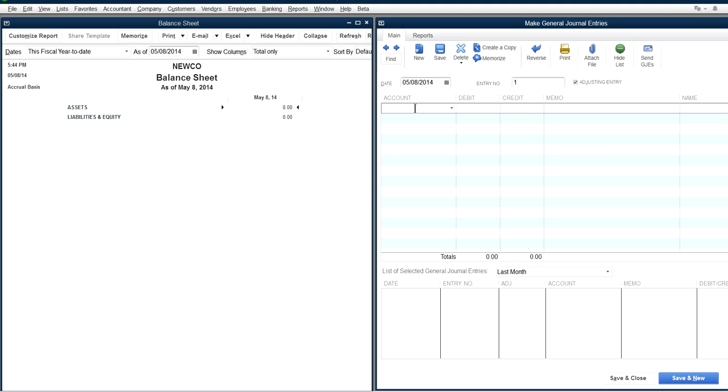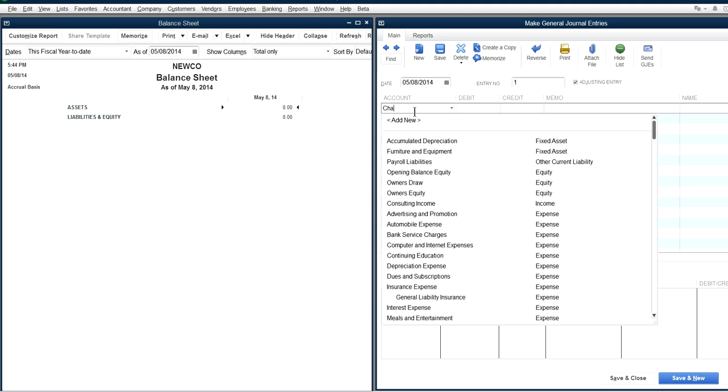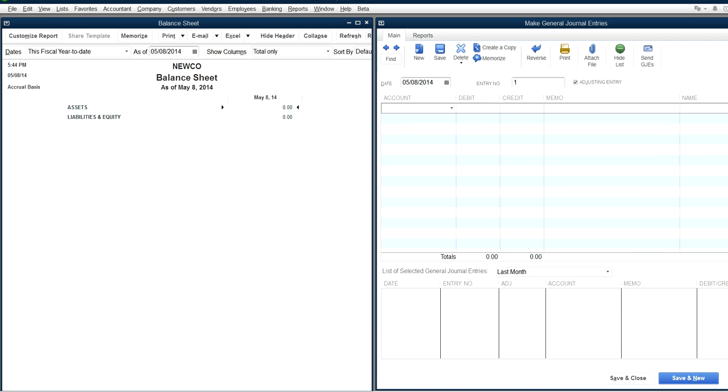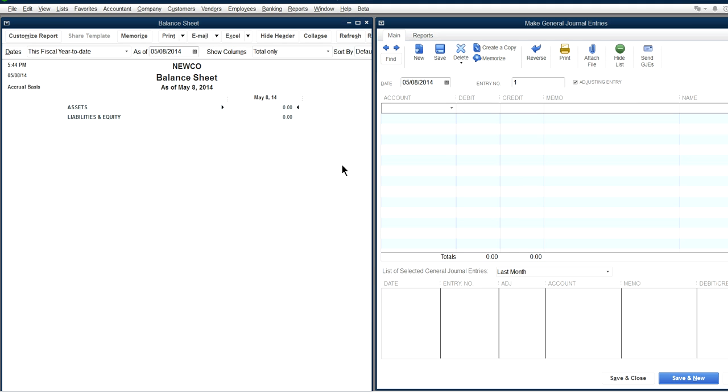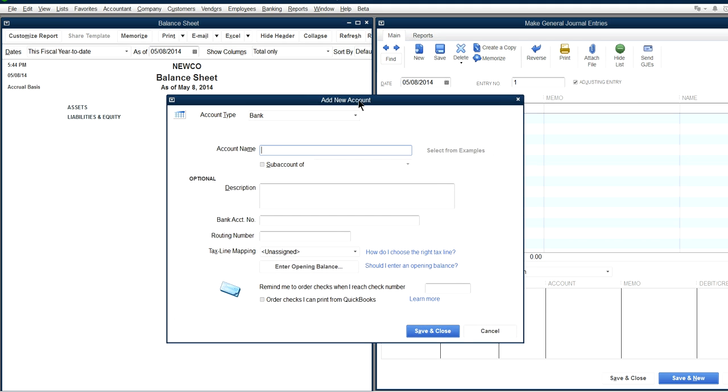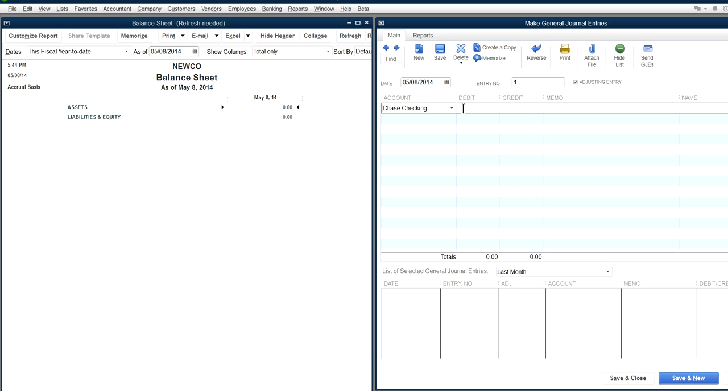So let's say you went to Chase Bank. You open a bank account. So you add a new account. Let's just say Chase checking. So you have a Chase checking bank account. And let's say in this example you started out with $100,000,